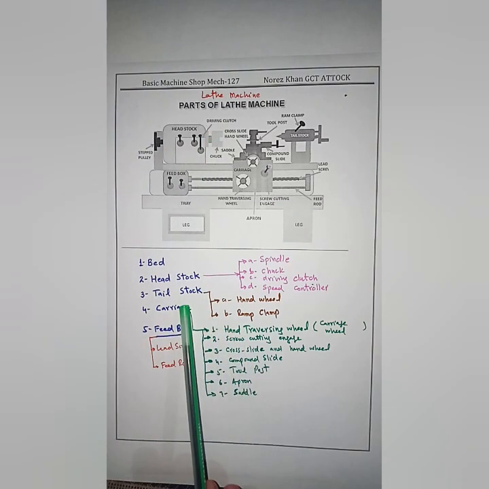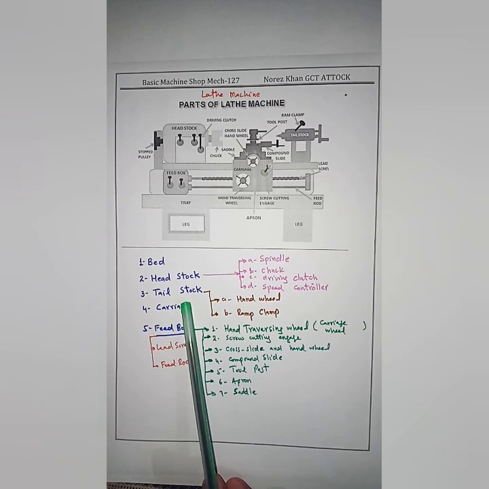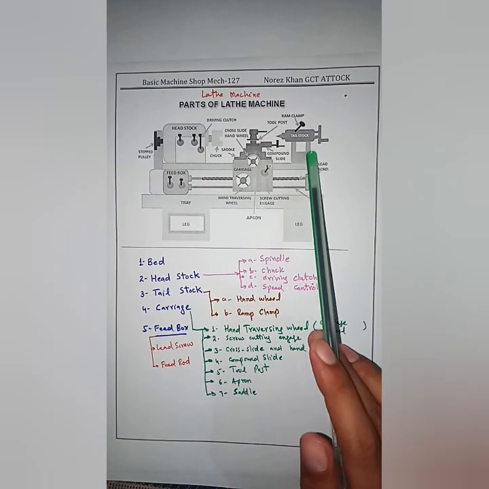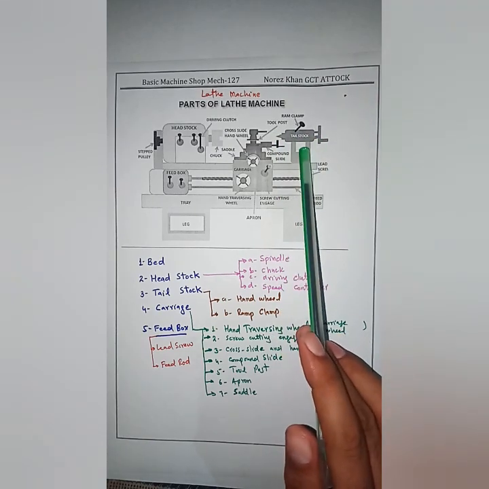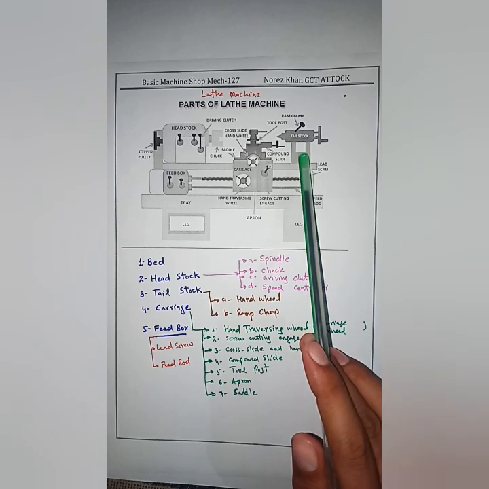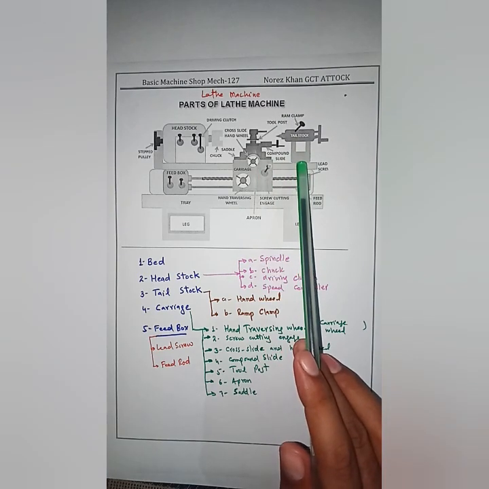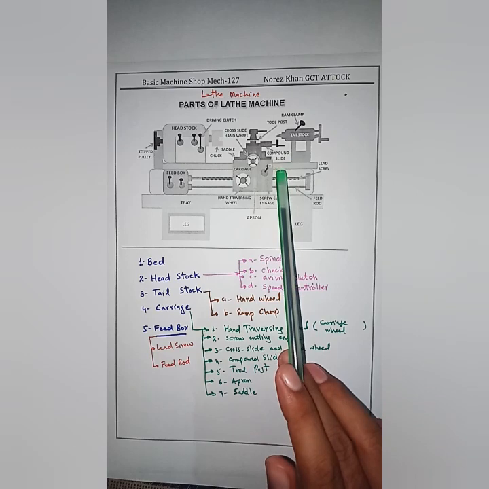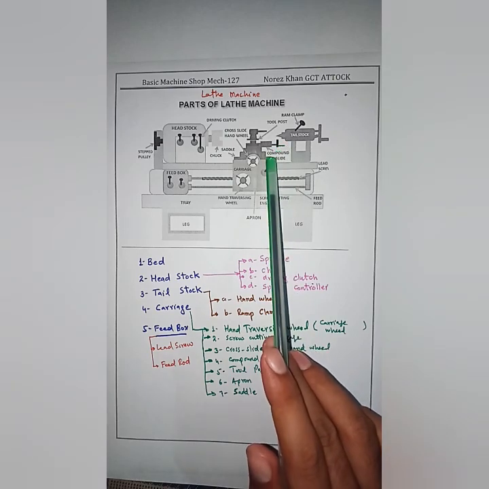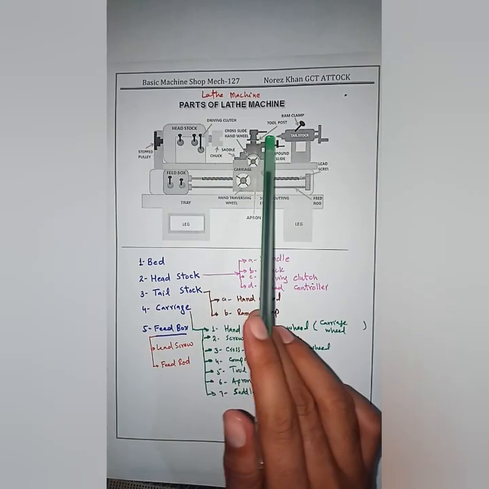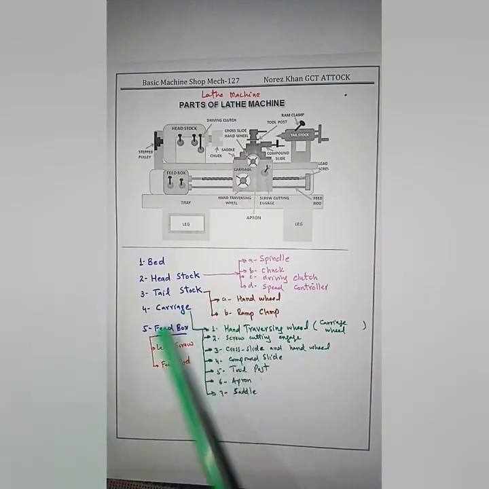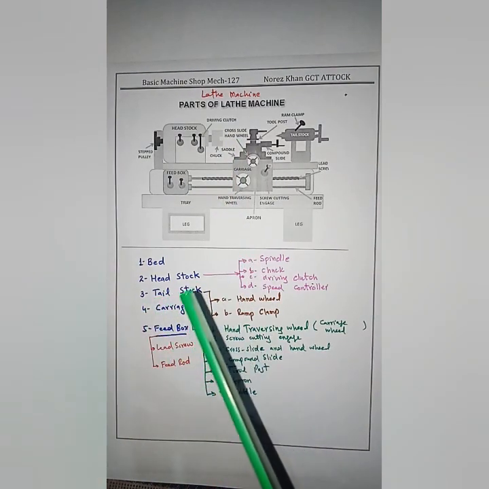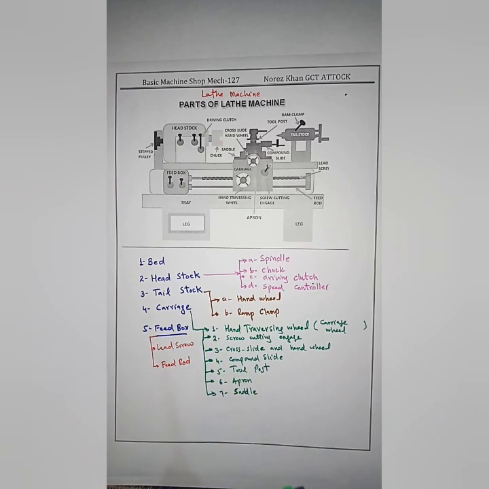And the third major part of a lathe machine is called a tailstock. Here you can look at the portion. That portion is mentioned here. That part is called a tailstock. Tailstock is situated on the right side of a bed. The main function of the tailstock is to support the job when required. It is mostly used when the workpiece is too long, like a long rod. It is also used while performing a drilling operation with the aid of a drilling chuck and attachments.